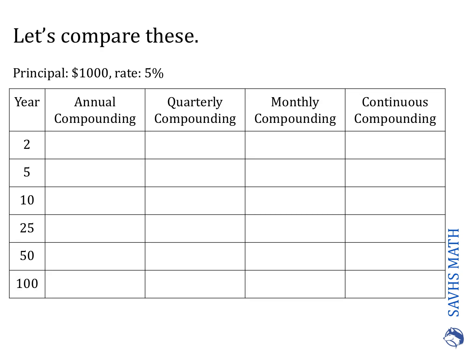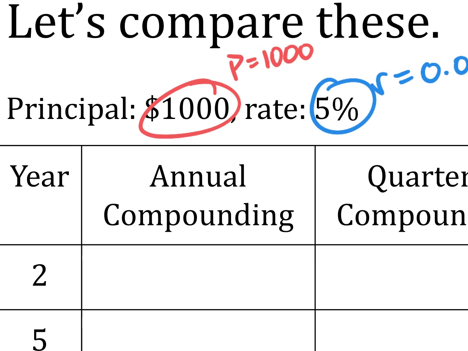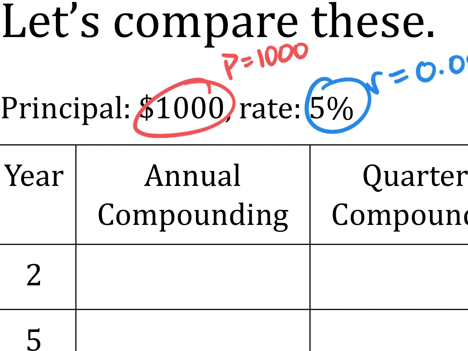I want to spend a little bit of time comparing annual compounding interest, quarterly compounding interest, monthly compounding interest, and continuously compounding interest. We use this example already, but I want to use this example where we have P equals 1,000 and R equals 0.05. These are the spots where we're going to be changing N, and then we're going to be changing which formula we're using. So in annual compounding, we're going to be using A equals 1,000